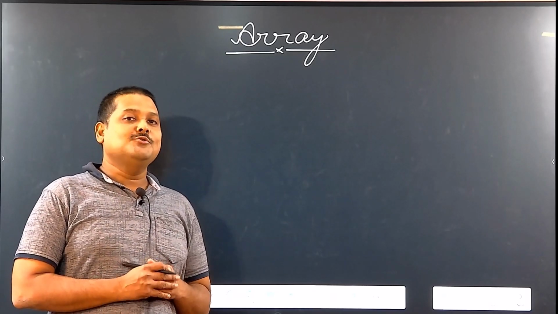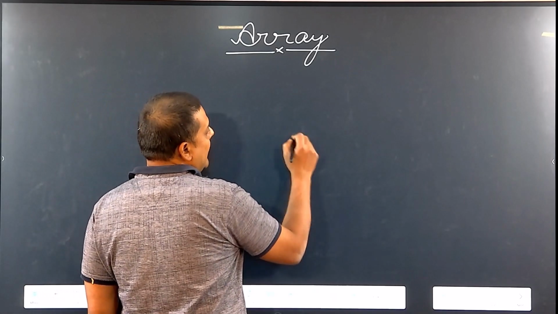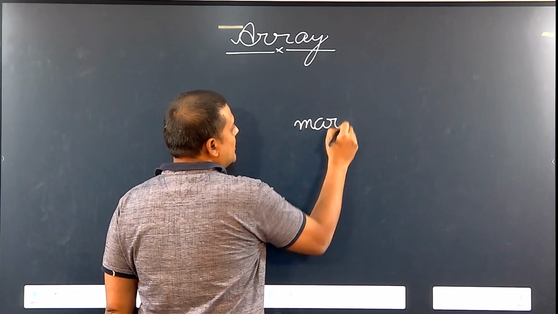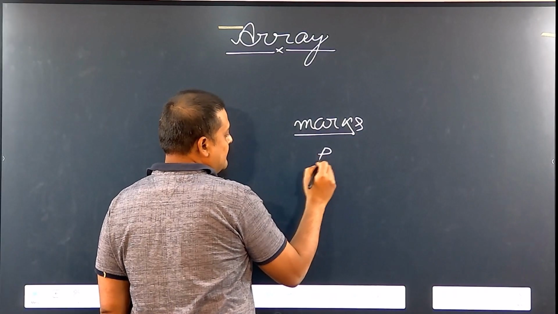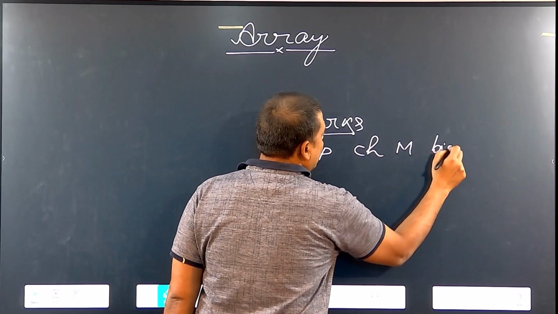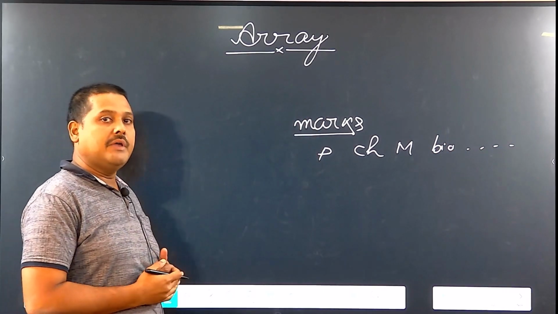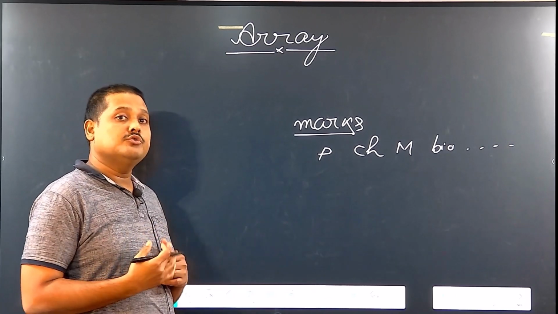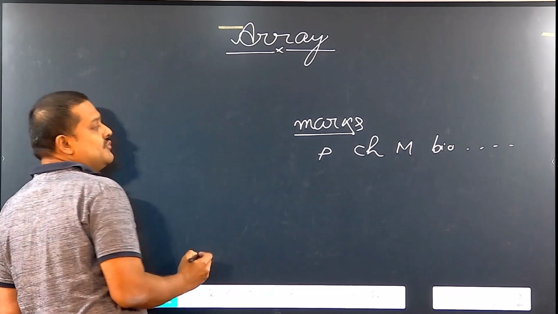Whenever we are trying to store multiple values, like whenever there is a student and we want to store the different marks, the marks of a particular student, say for example his marks of physics, chemistry, mathematics, biology. So what is the way by which we can store their marks, whenever we are trying to store multiple values, बहुत सारे values store करना है।